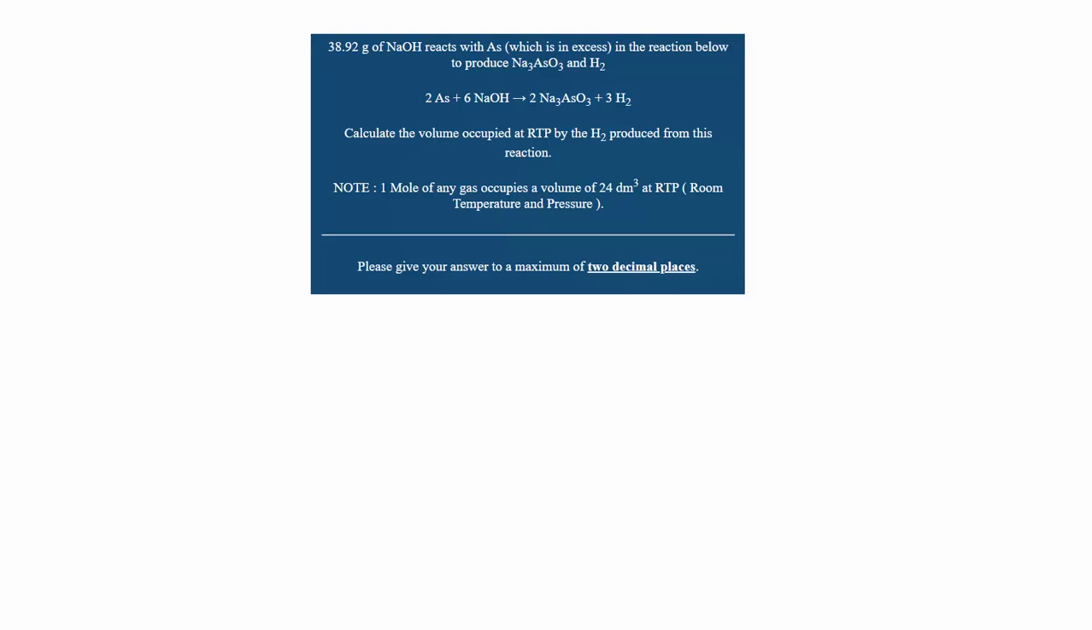Okay, so in this case, we've got effectively some sodium hydroxide reacts with arsenic, and what's produced is Na₃AsO₃, which is sodium orthoarsenite, and H₂, so hydrogen gas basically. And we need to calculate the volume that the hydrogen gas produced is going to occupy at room temperature and